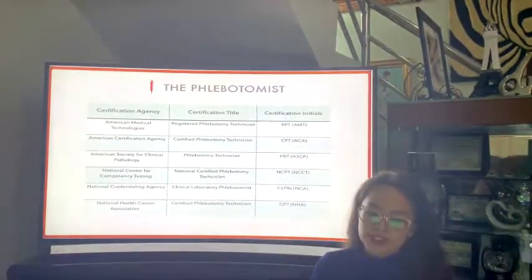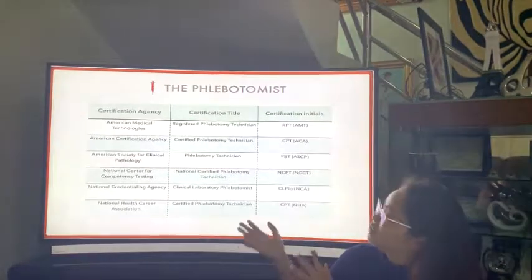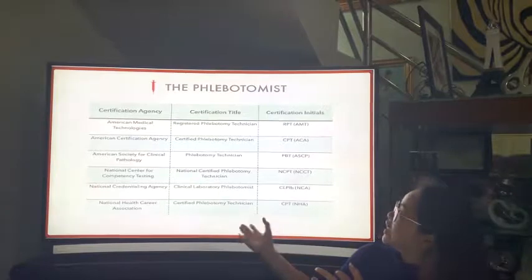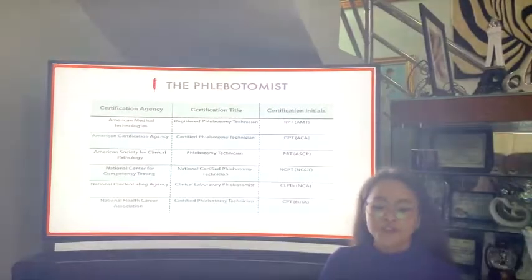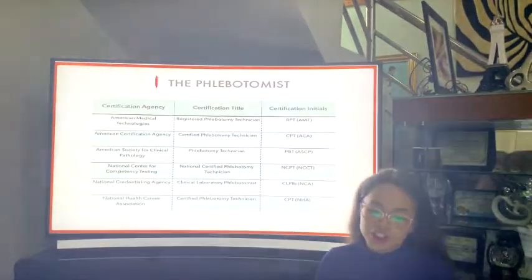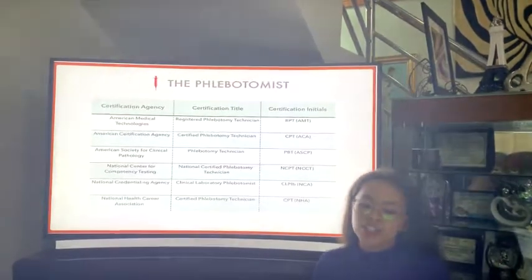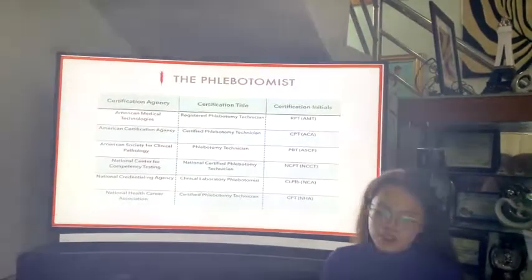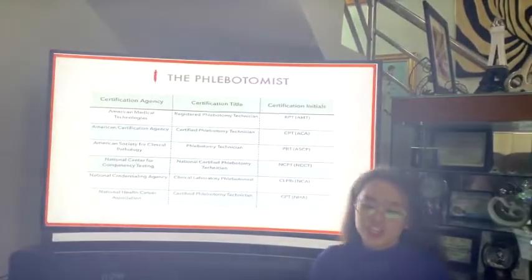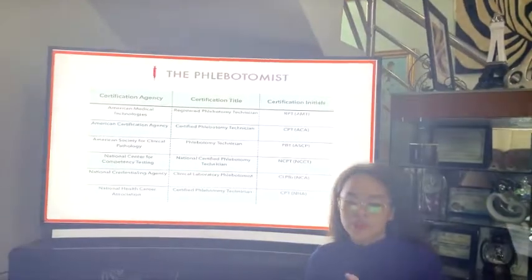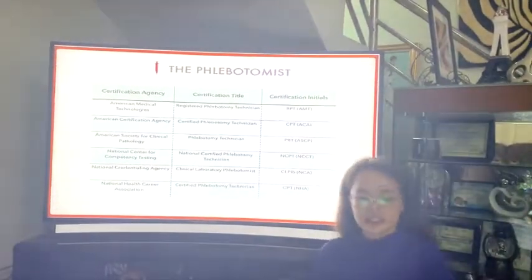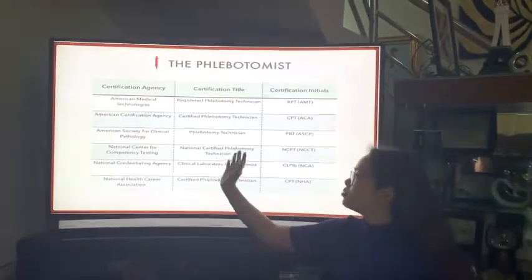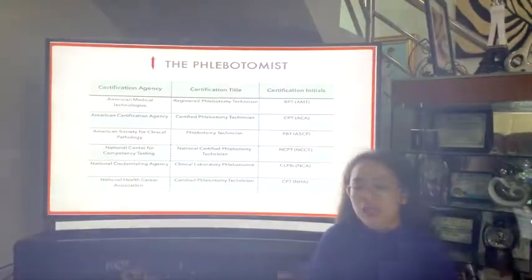So here are listed the different certification agencies, their certification titles, and their certification initials. First is the American Medical Technologists. Here we have a Registered Phlebotomy Technician, which is RPT or AMT, as we call it. Then the American Certification Agency, Certified Phlebotomy Technician, or CPT ACA. Then the American Society for Clinical Pathology,